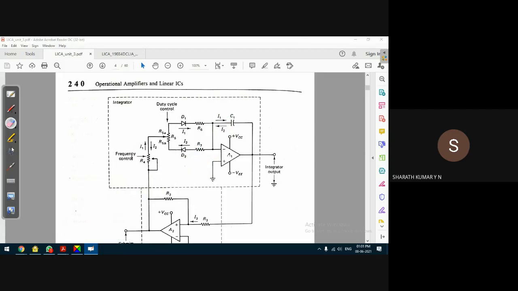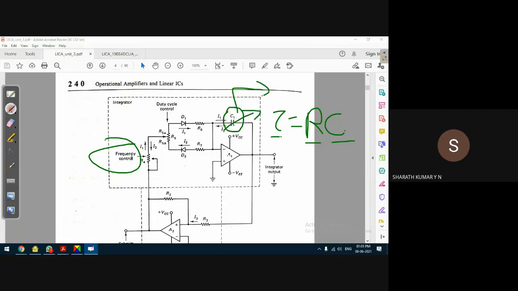Now let's observe this. First is frequency adjustment. For example, the charging time constant is tau equal to RC. Charging time depends on the value of the resistance and the capacitance. In most circuit designs, the capacitor is a constant value. We don't use a variable capacitor; in the whole entire course we may not find a variable capacitor in most circuits, maybe in one or two topics. Otherwise it is a fixed capacitor. So this C factor is fixed, and only this R factor is varied.